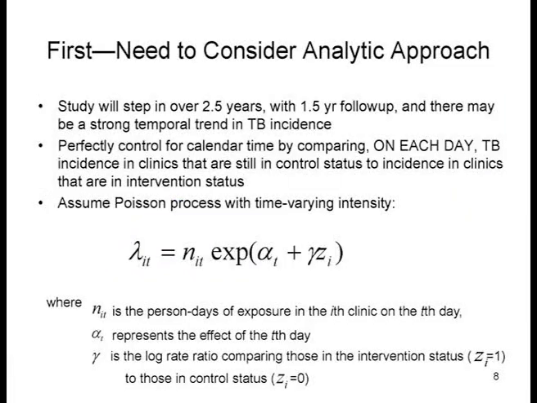So the main analysis, these things are stepping in over 2.5 years. We have a 1.5 year follow-up after that. And we're worried there might be some time-related trends here. Now, this is a one-way crossover. You see people start in control for the clinic. Everyone starts in control, and then they go into intervention. So you could have a problem if you don't account for any kind of secular trends that are going on, seasonality and so forth, changes in the overall health system.